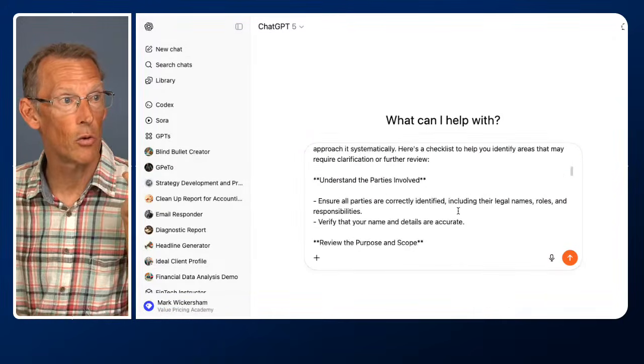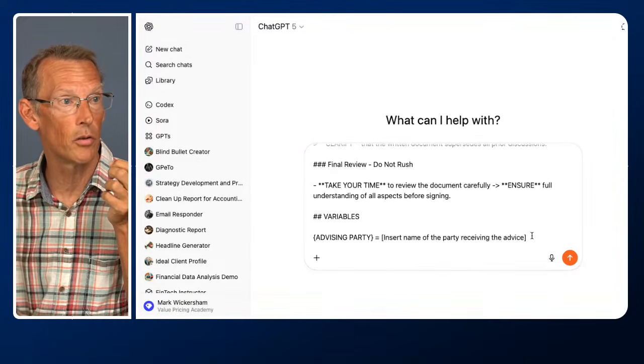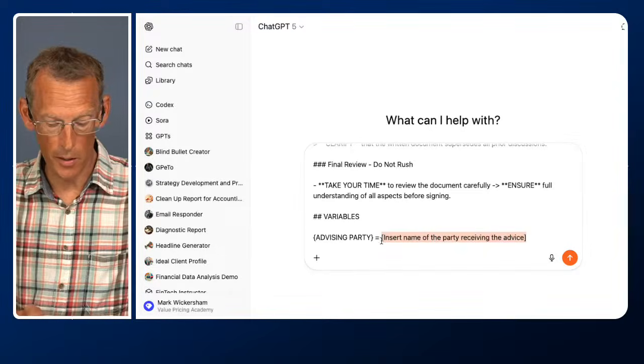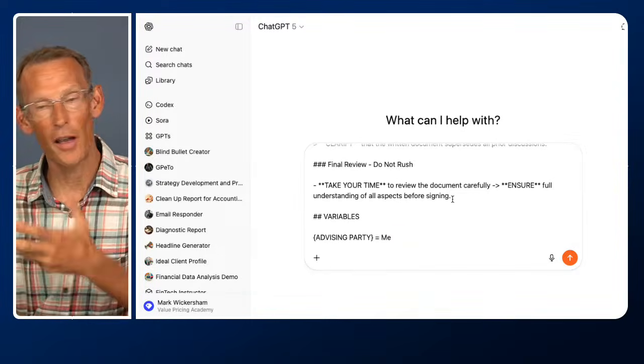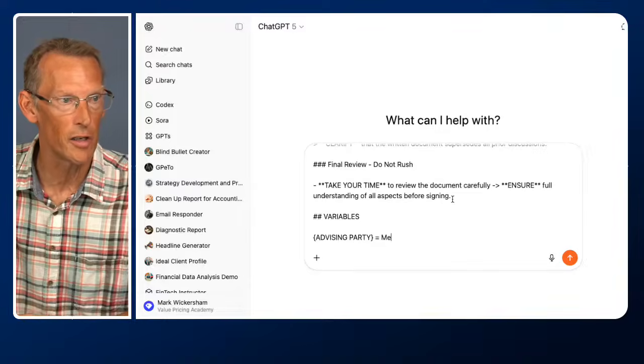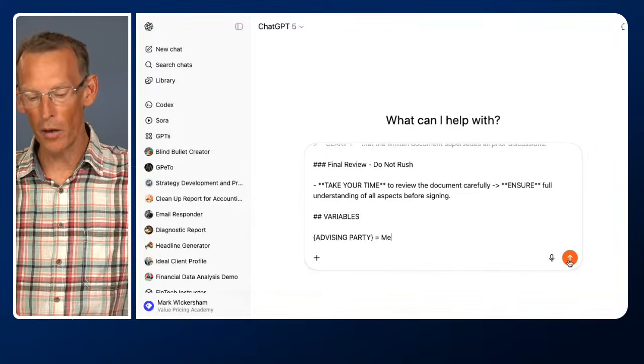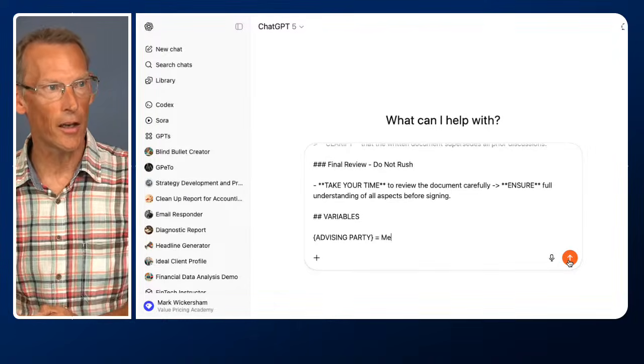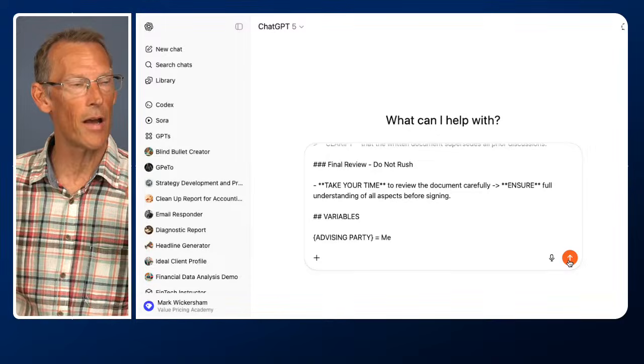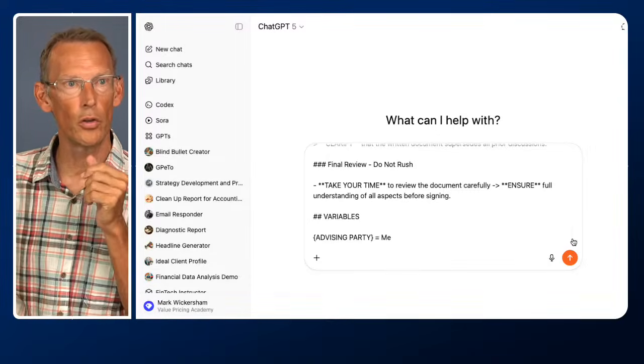I scroll to the end and answer the variables, in this case I'm the advising party, then upload the legal agreement and hit send, and I've got my full legal advice on that agreement in a matter of seconds. That's the power of having a prompt library, a place where you store your prompts.